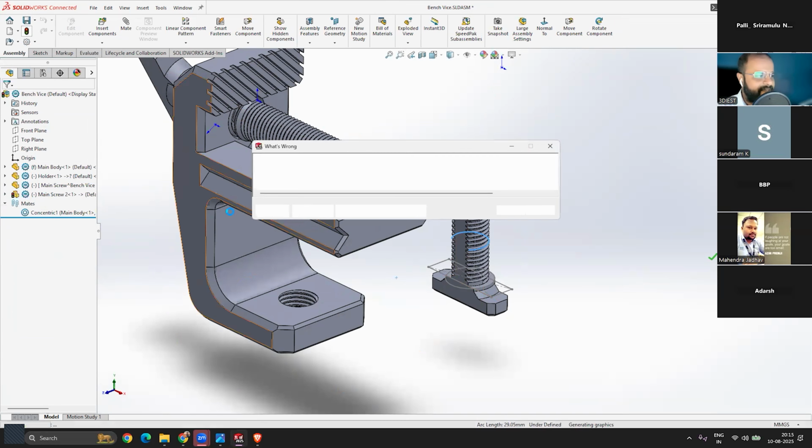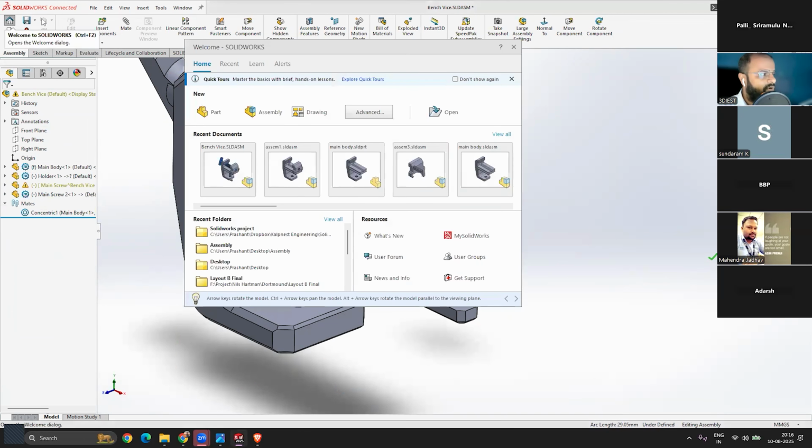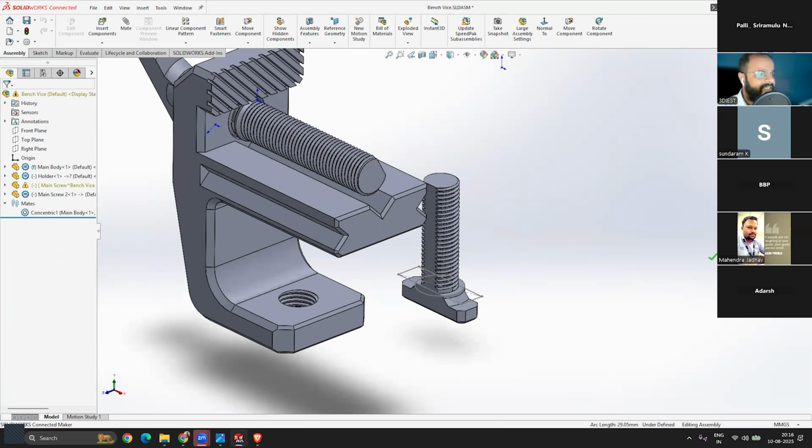So you can see the errors are all gone. We'll check again. No, the errors are there again. We'll go to the home tab again, and we'll see if we can open some other assembly, just to show you how we can create the drawing file. So I will try to open the simple assembly. Let me see if we have, yes, this assembly that we created in the last session, and here you can see it only has 2 parts, right? 1, 2. So now we'll learn how we can convert this to a drawing, having 2 parts.